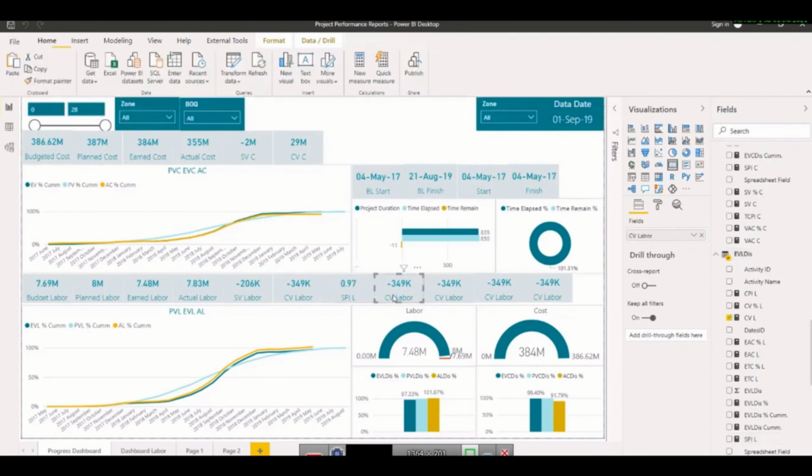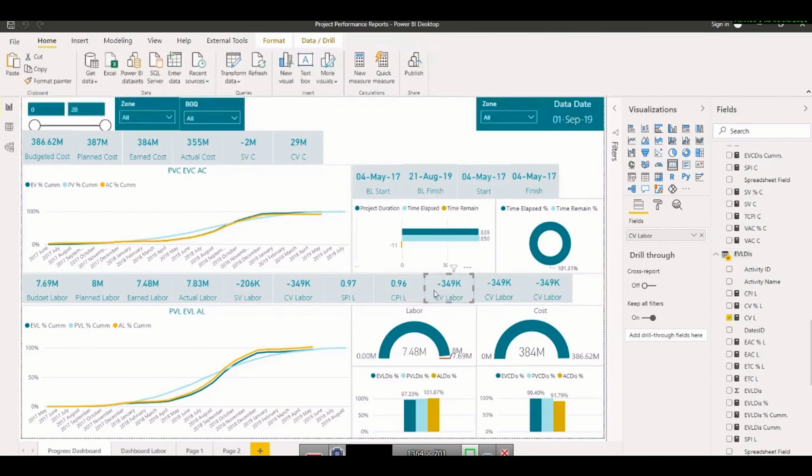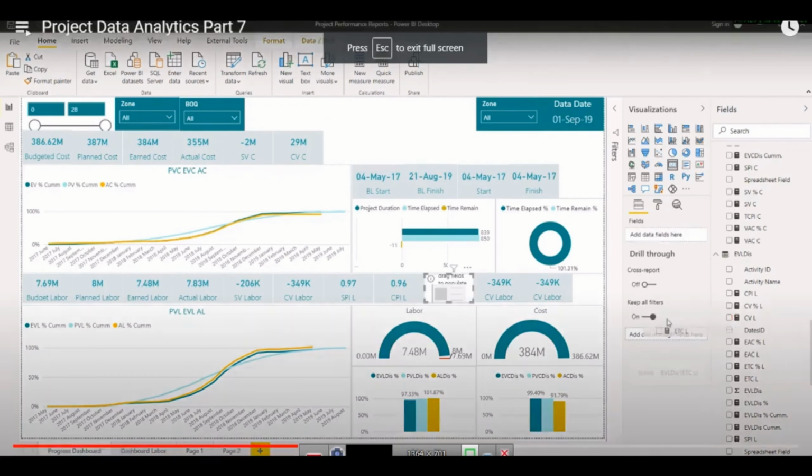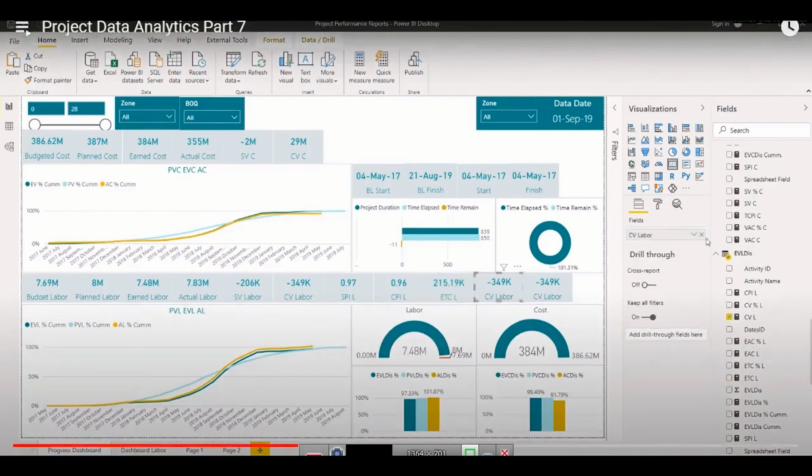Now I will put here the CPI labor, 2 decimal places. So here we will bring the estimate to complete labor. Here we will